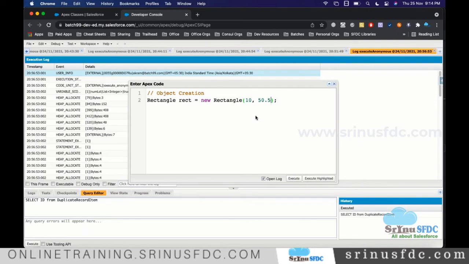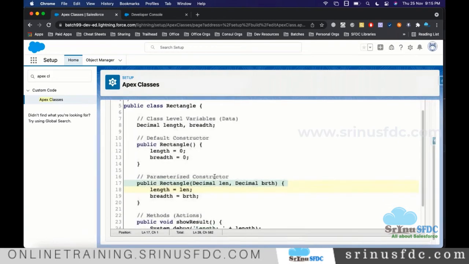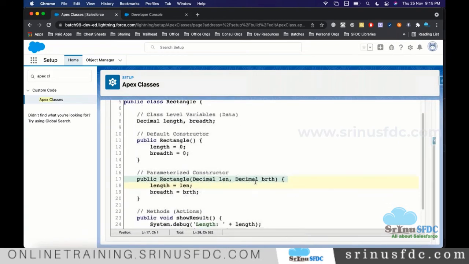Decimal means it also allows decimal digits. If you want, you can also give a whole number, it's up to you. So while creating this object, we are invoking the constructor which accepts two numbers.